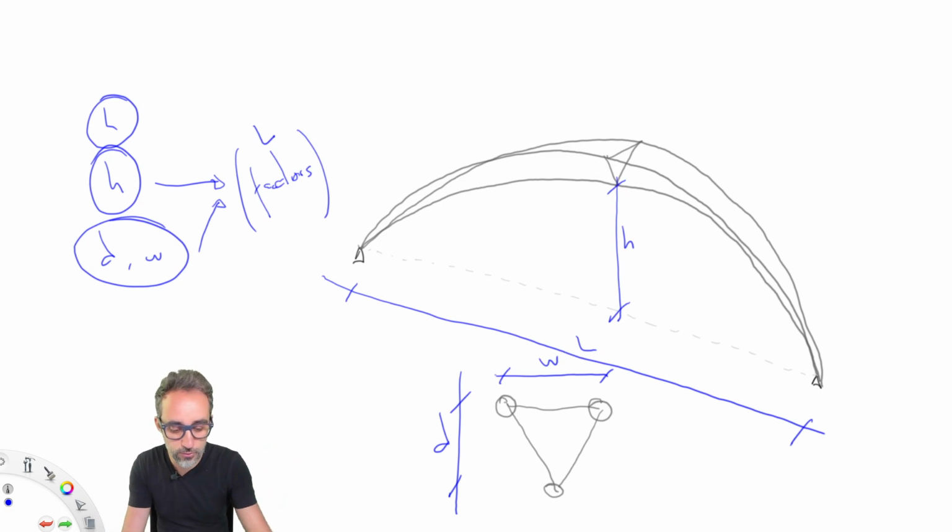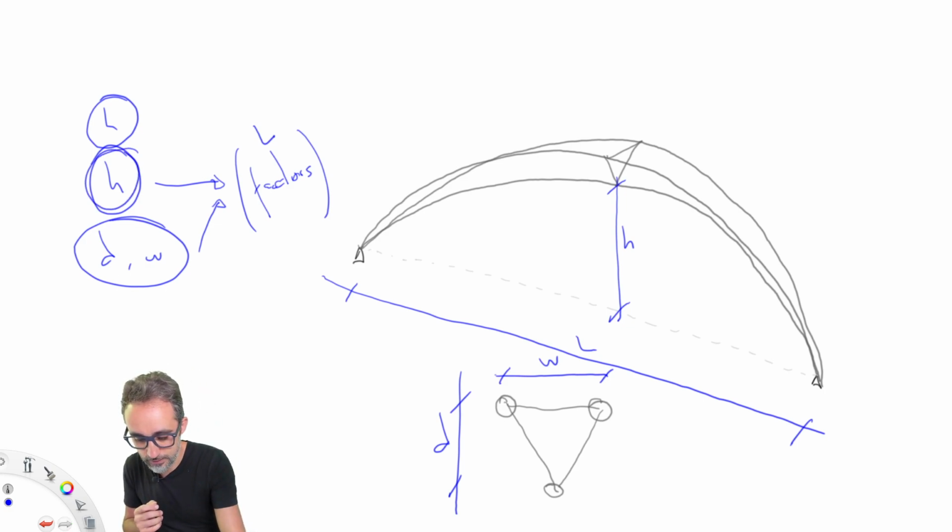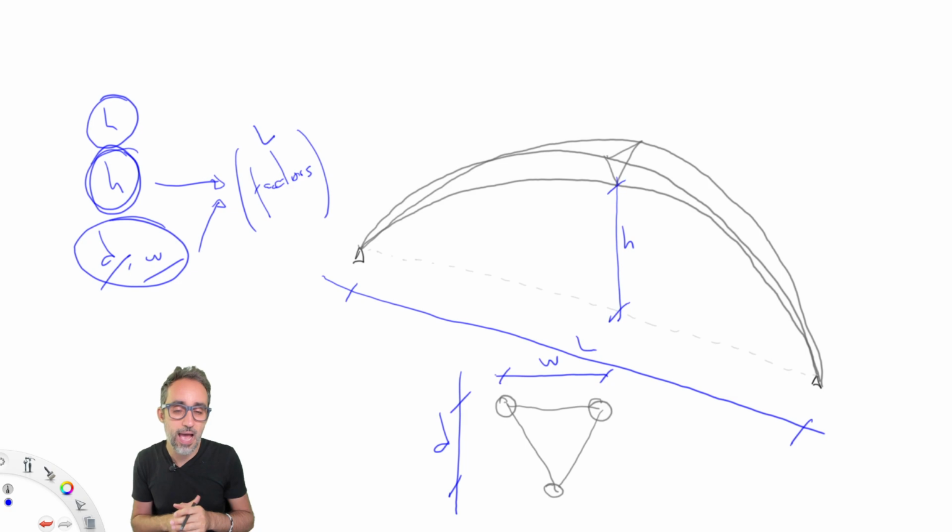Then we probably want to control the base height of the arch, so the main height of the arch, right? We will want to control small things such as the depth and the width of the triangulation at the center of the beam.